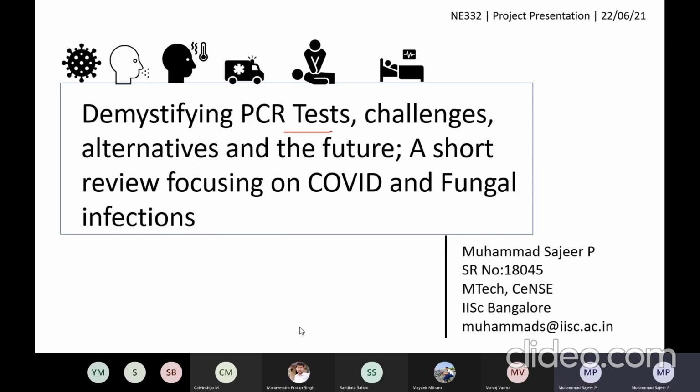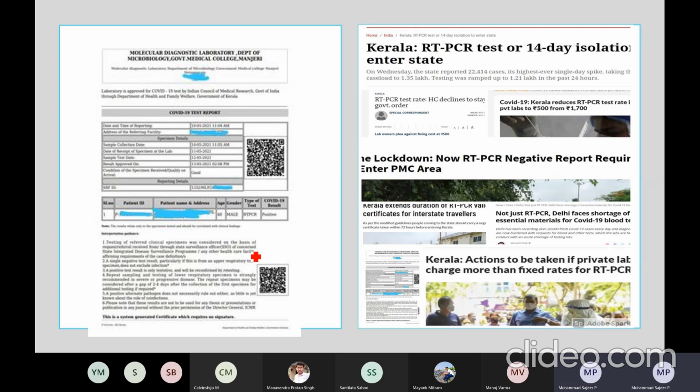So why this topic? Because we are all aware that this pandemic hit us very badly, and nowadays every day there are news headlines mentioning PCR. My intention was to understand PCR in detail and share that understanding with you all. I also want to know if it is an interesting topic to pursue in future. Here is a collage I made with these news headlines, and on the left side there is a COVID negative certificate that almost all of us currently have.